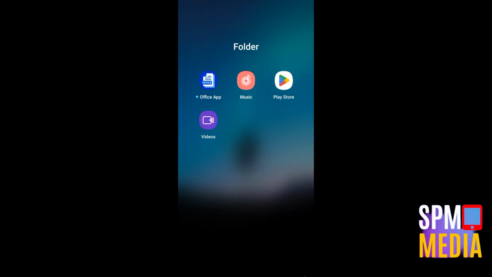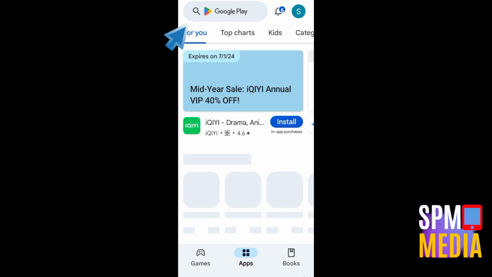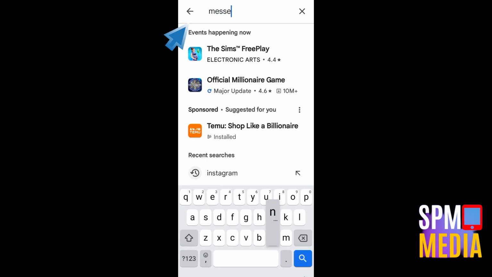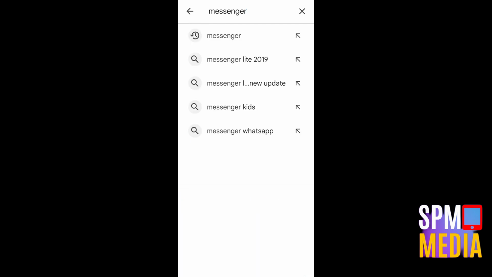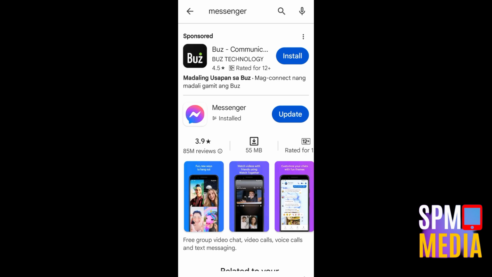So first, you have to make sure that you are using the latest version of your Messenger by going to your Play Store and then searching Messenger here. And then if you see a button that says update, what you're going to do is click that update button and then wait as it is processing. So as you can see here, my Messenger is not up to date, so I have to click this update